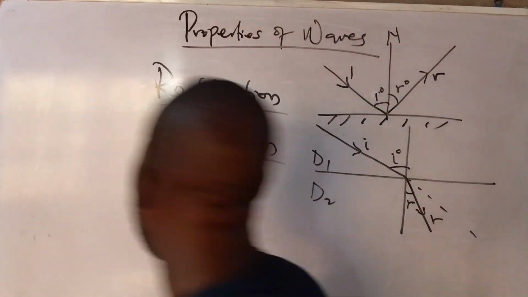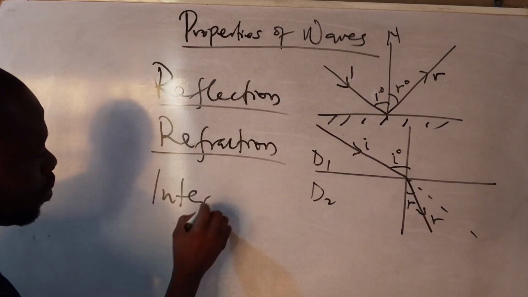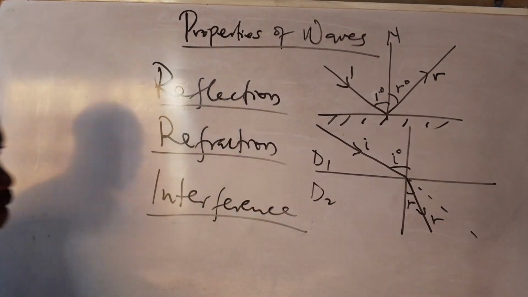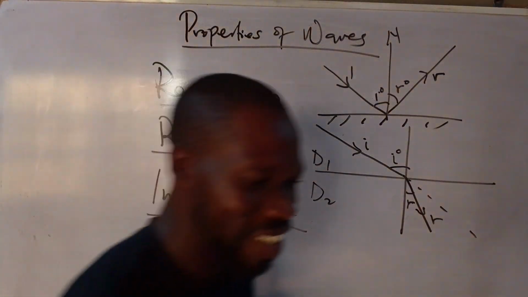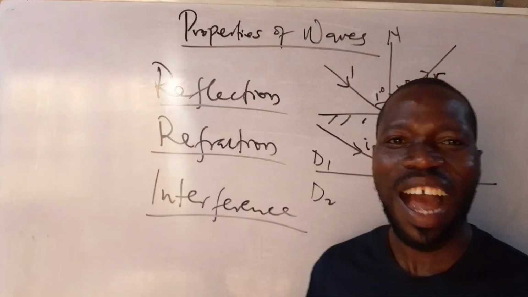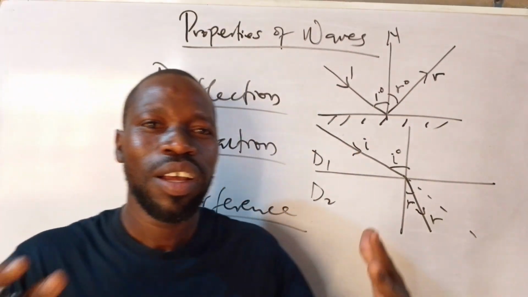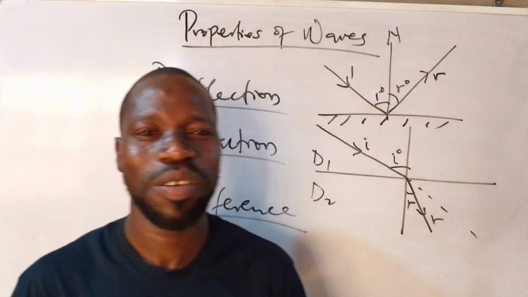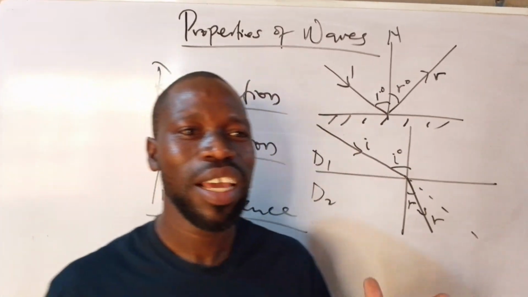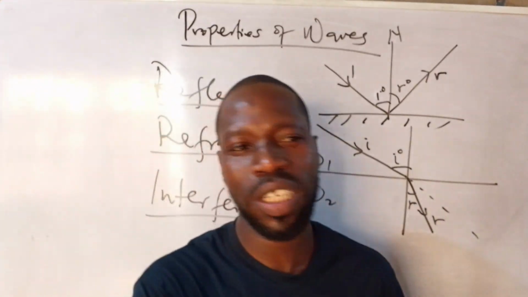Let's go straight to the third property of a wave. The third property of a wave is interference. What is interference? Interference is simply what happens when two waves traveling in the same direction or opposite directions come together. When they jam heads together, let me use that word. When there's an interference between two or more waves traveling in the same or different directions,